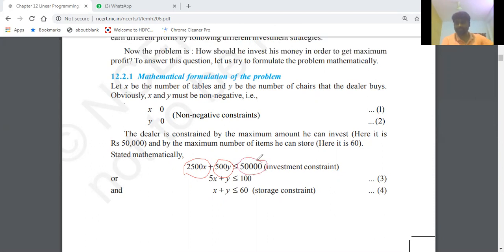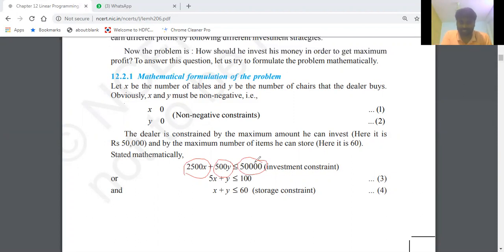So here we should write less than or equal to, or greater than or equal to? Less than or equal to means my total bill should be within that available amount. Less than or equal to means at most. Maximum I can spend 50,000 only. Now tell me, what do you mean by at least? At least means, give me at least 2 chocolates, meaning 2 or more. Greater than or equal to. Clear? Hope you can understand.